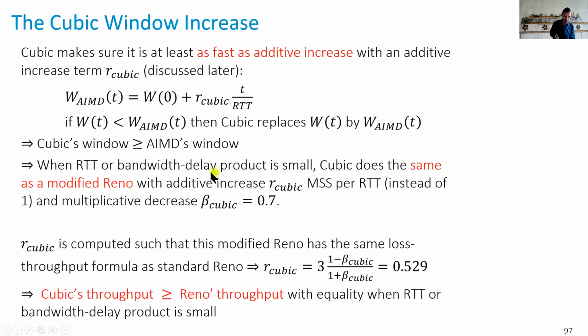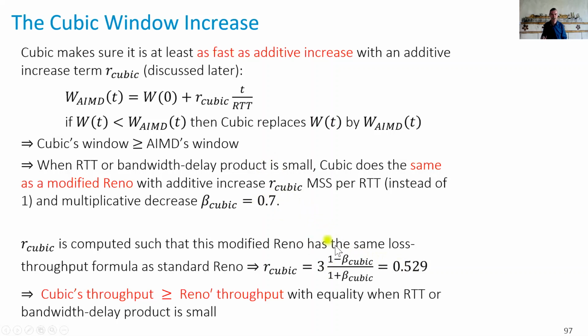So when we compute this additive increase, we compensate for the decrease, which is smaller, by an increase, which is also smaller. Additive increase will increase by a fixed amount, and Cubic's, which is smaller, is in fact roughly 50%